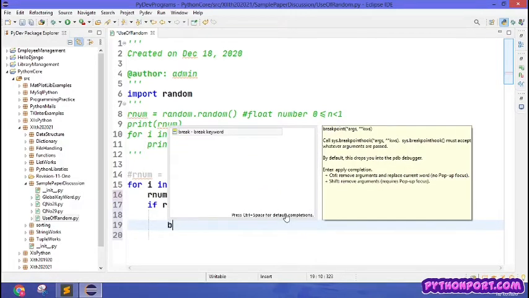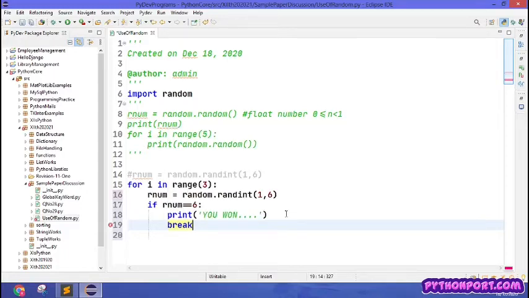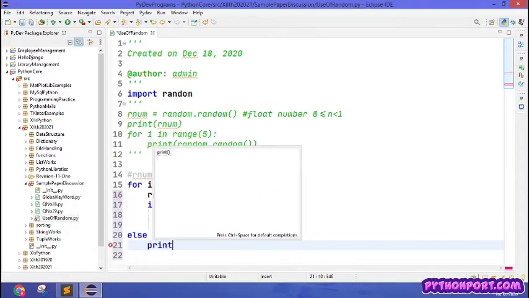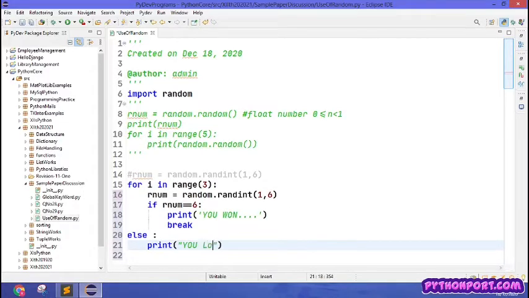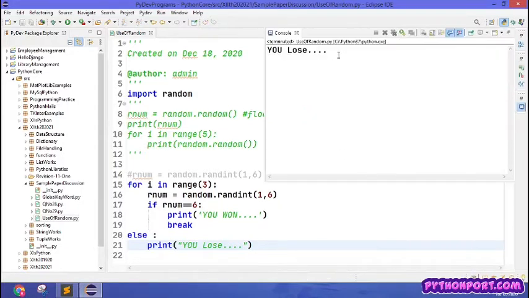We'll put break, and if everything comes out and it didn't happen, then we'll say else print you lose, because you didn't get 6 even once.